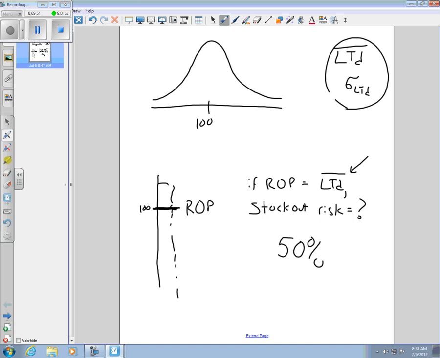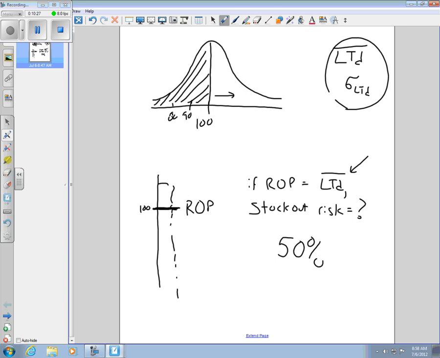Lead time demand is an average, meaning half the time it's going to be higher than that, half the time it's going to be lower than that. So what we've done is we've accounted for all of these particular scenarios. If my reorder point is 100, then I've accounted for all of these scenarios when demand was only 90 or 80 or 70 or whatever. We have not accounted for those scenarios where lead time demand is greater than 100. So we're only accounting for 100, or rather half of the possibilities with respect to what demand I could experience